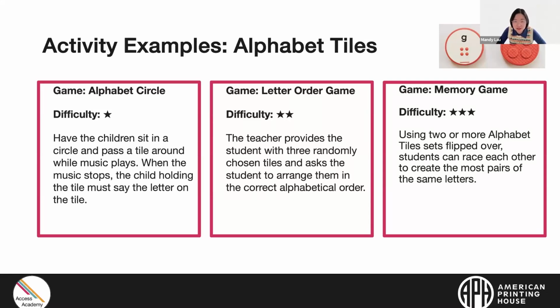The second game is the Letter Order game, difficulty level 2. The teacher provides the student 3 randomly chosen tiles and asks the student to arrange them into the correct alphabetical order. And for the Memory game, difficulty level 3 stars,